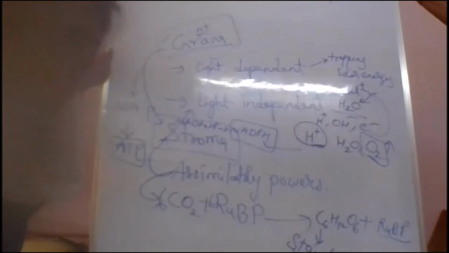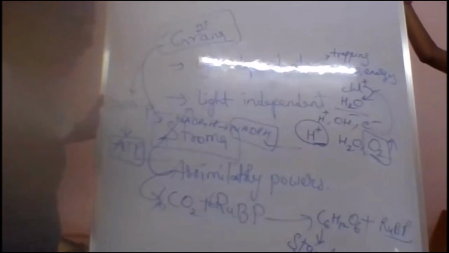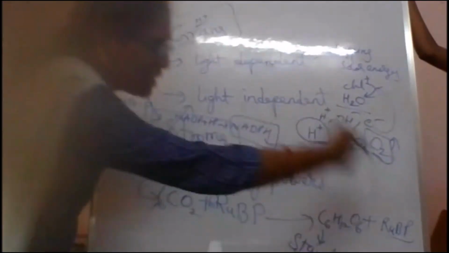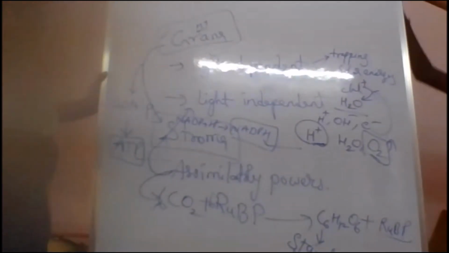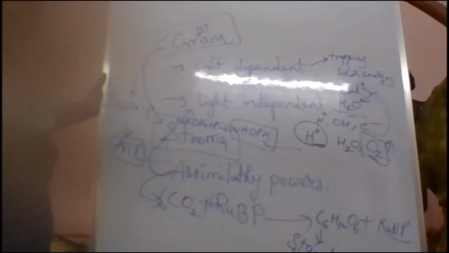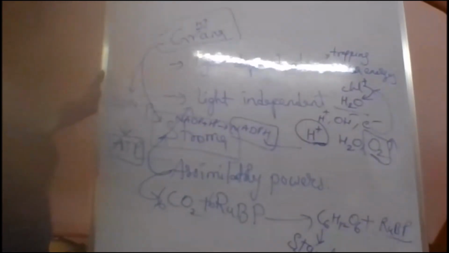Yes. That is also called... Melvin Calvin discovered it. That's why it is called a Calvin cycle also. It's a cycle. Yes or no? RBP is involved and again regeneration of RBP has occurred. So this is a cycle. That's why it is called a Calvin cycle, as Melvin Calvin discovered it.